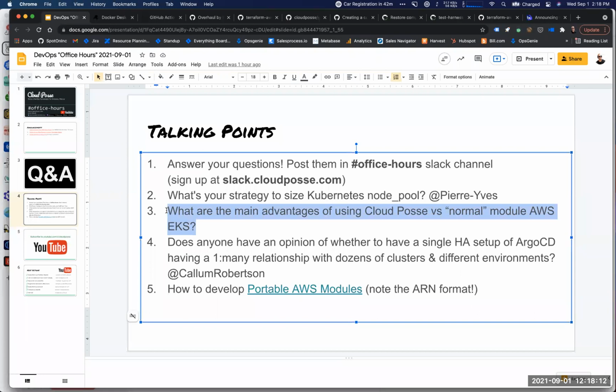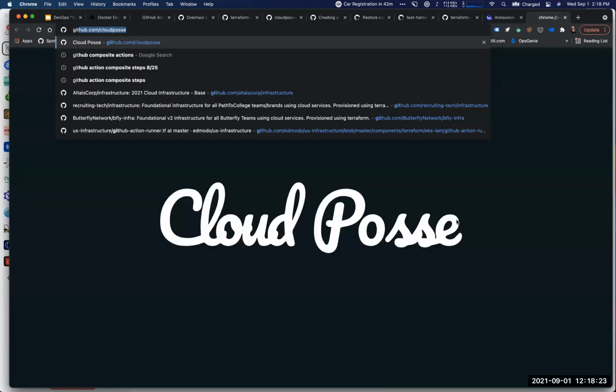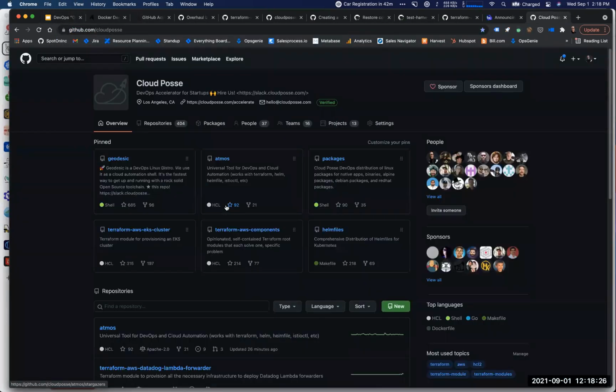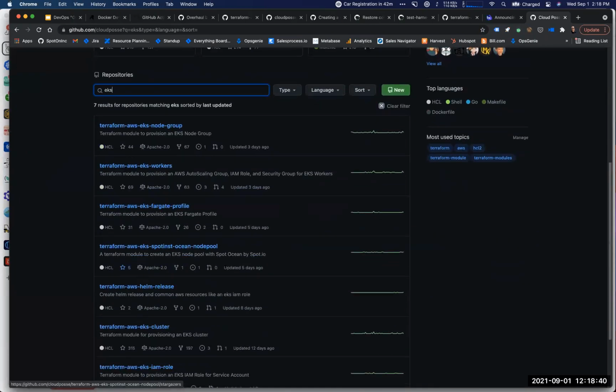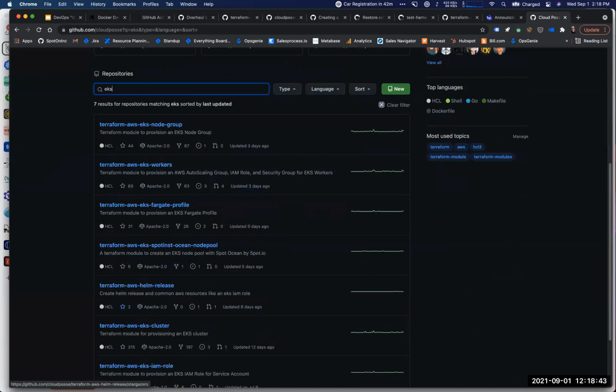So one of the questions I saw come up in the Terraform channel, I forgot who asked it, was: what are some of the main advantages of using the Cloud Posse EKS module versus the quote normal ones? This is all a matter of perspective, right? So to us, ours is the normal one, but hey, I'll give it to you. From the offset, we had a very different approach to EKS and how to do it. While the Terraform AWS Modules, which is a non-official community group of Terraformers, has one way of doing EKS,